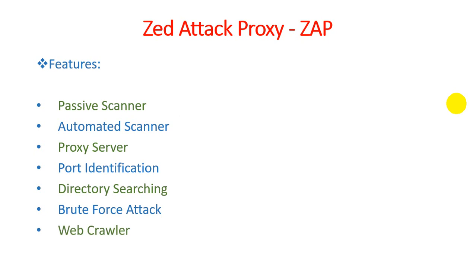And the last one is a web crawler. What is a web crawler? It is nothing but providing a copy of your web page, and whenever users perform lots of requests on a particular web server, you can serve them with another copy of the same web page. It is really useful for SEO, whenever you are performing search engine optimization. At that time, a web crawler is an important thing on websites. So guys, these are the features provided by ZAP.